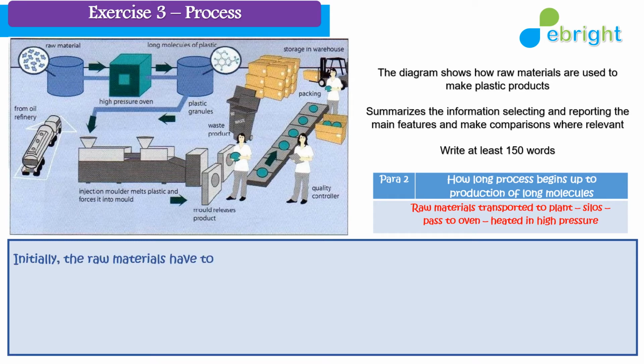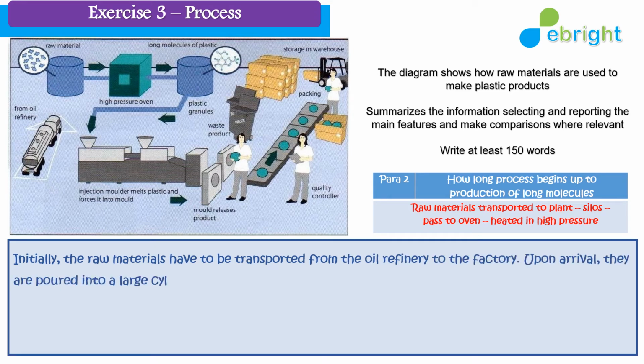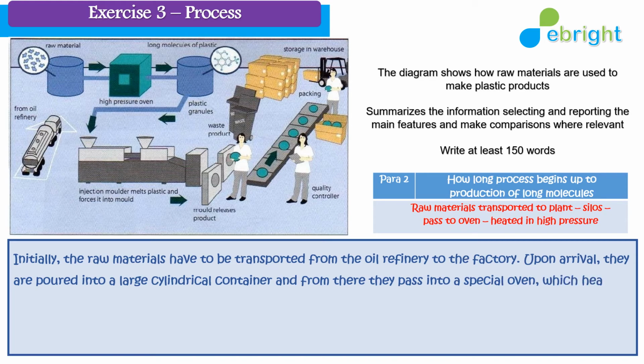Initially, the raw materials have to be transported from the oil refinery to the factory. Upon arrival, they are poured into a large cylindrical container, and from there they pass into a special oven which heats the materials at high pressure so that long molecules of plastic form. So,